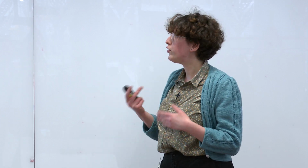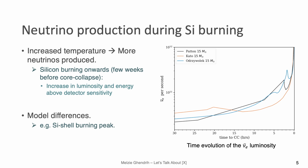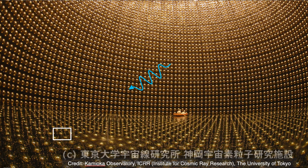And I studied a few neutrino models for my project, and they do all follow the same trends with a massive increase towards core collapse, which is at 0 here. However, they do have a few differences between the models, such as these peaks, which are from silicon shell burning. And if we can detect these peaks from the neutrinos, we could potentially be able to know which model is the most likely. So the next natural question in my project was, how do we actually detect these neutrinos